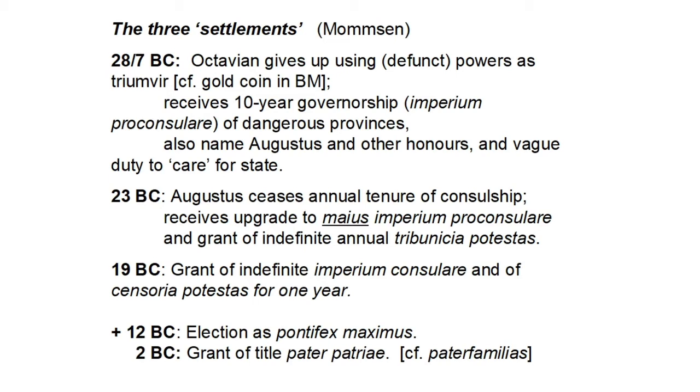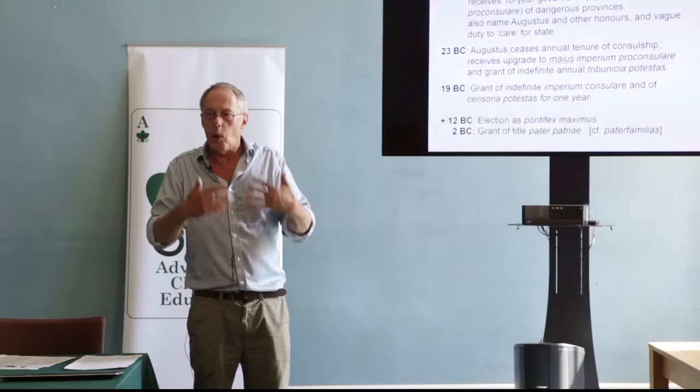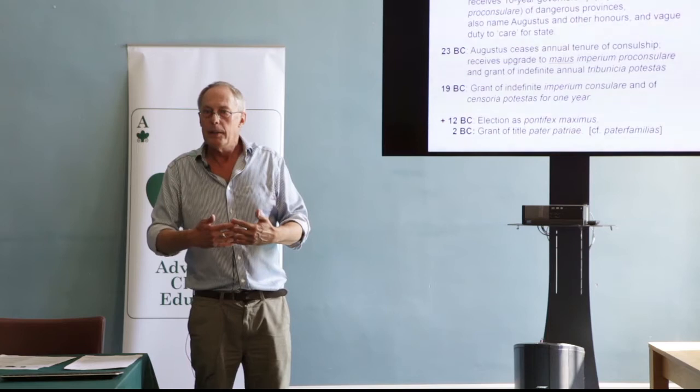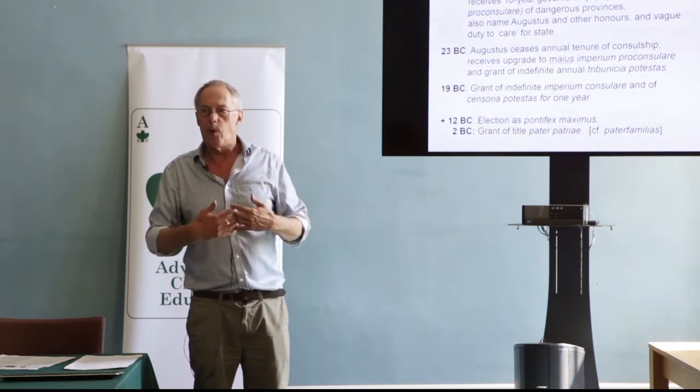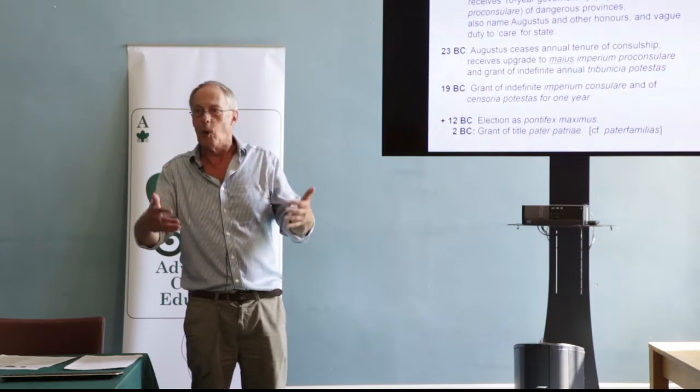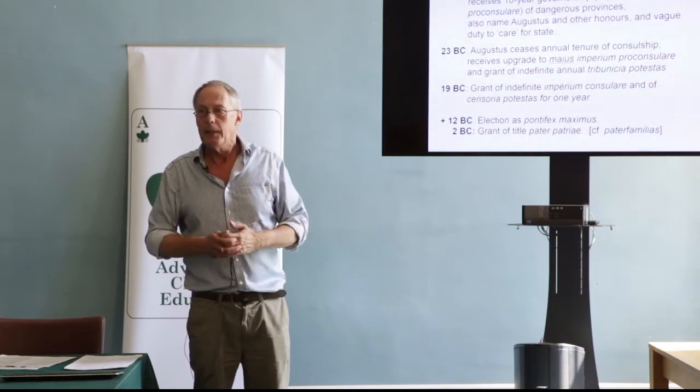So this is like a mini triumvirate, except it's just him. He is given some big provinces, and so you can have 10 years, you can control those provinces. They've got most of the troops, they've got a lot of the money. So he is safe. He's got a position, he's got power, but it's going to expire in 10 years' time. Meanwhile, civil affairs in Rome should now revert to the normal running of the consuls and the Senate and the people. And that's presumably the idea.